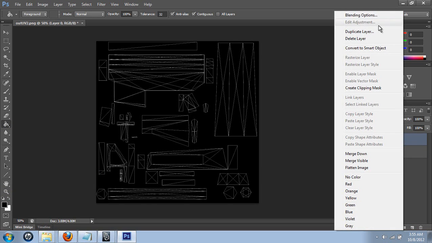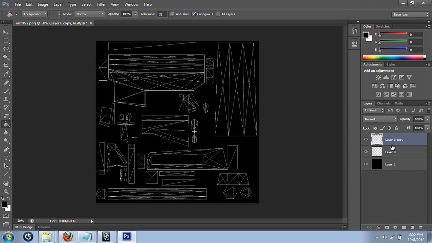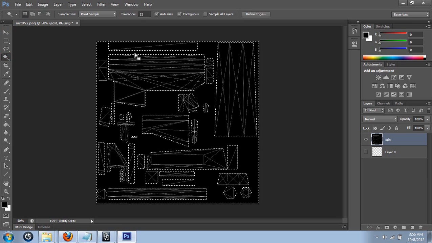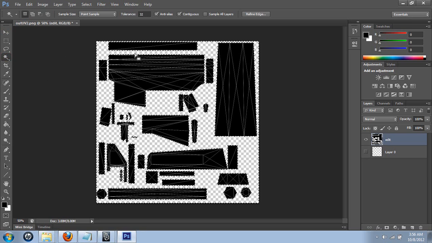So now you want to duplicate the first one, layer 0, put it under your layer 0, turn layer 0 invisible, and then merge layer 1 with layer 2 and make layer 1. Then drag it to the top and name this edit. And then come over here and select your magic wand tool, select the outside and hit delete. Then come over to your rectangle selection, select inverse, create a new tab,